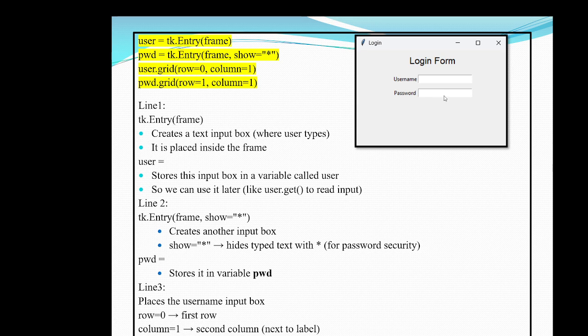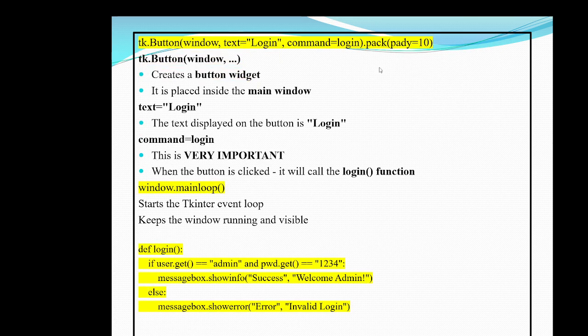Now I have created a button. The button should be placed not in a frame but in a window. That's the reason why the first parameter is window, and the text that should be displayed on the button is login. And here I have specified command equal to login.